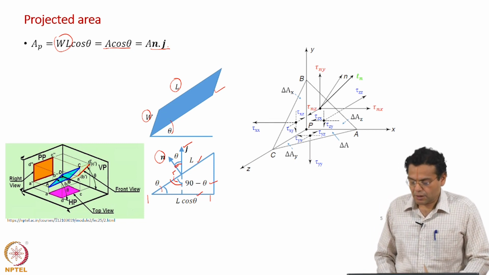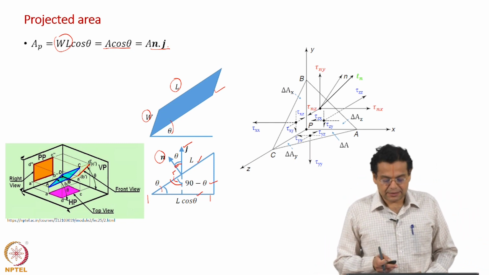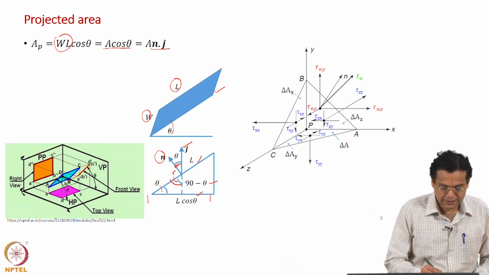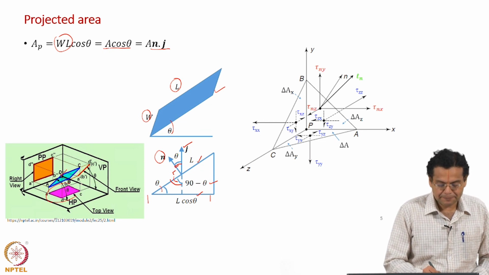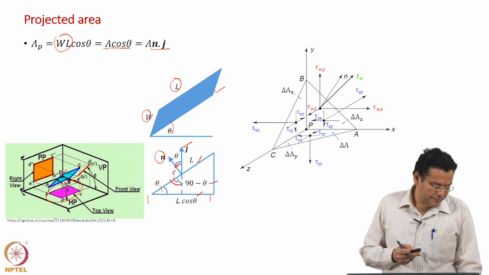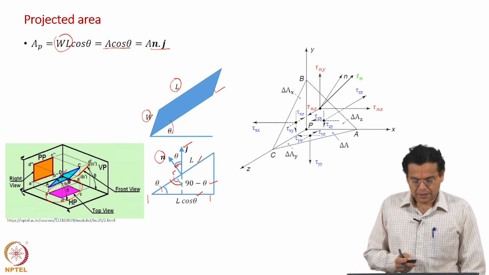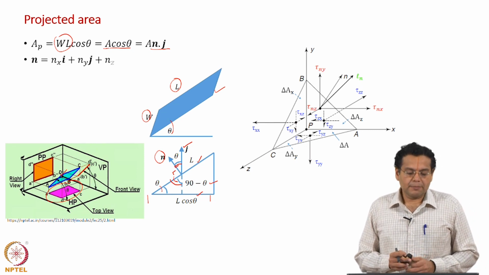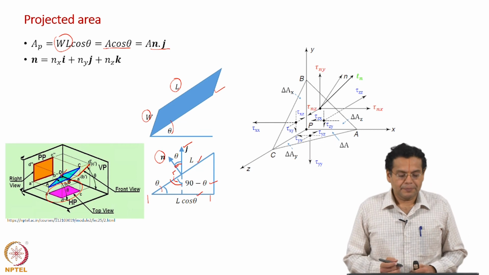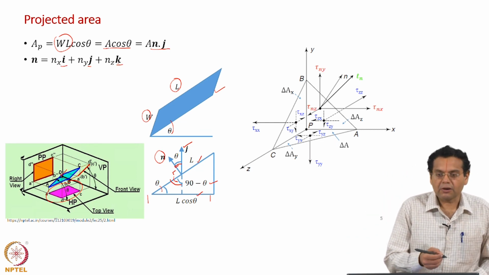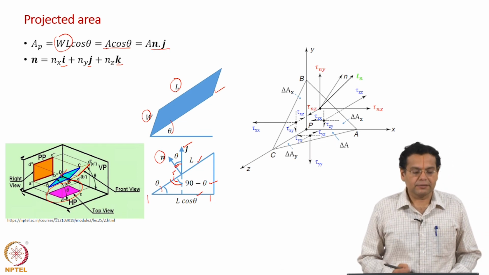Now we can generalize this. Of course, another way of representing it is shown here from a reference. This is the plane, and what you see here is the projection of the plane. You probably would have drawn this in the engineering drawing course. The n vector, remember it's a unit vector, has components along the i, j, k directions, which I call nx, ny, nz.